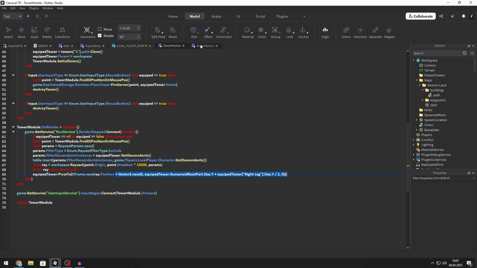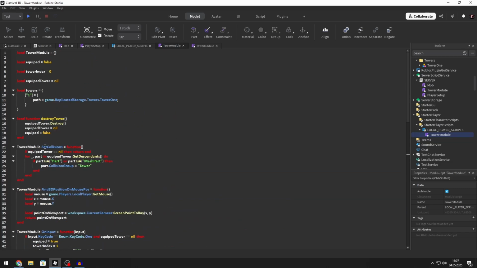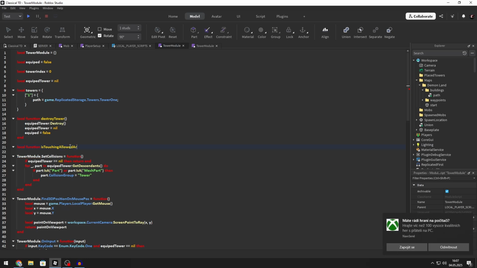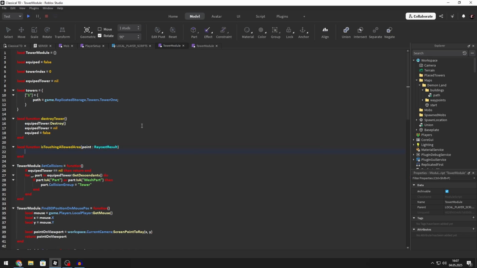Go to where it was, yeah, to the player local, and create another function called local function is touching, how to call it, is touching allowed area. So it will require the point, which is array. Let's do just array cast result. And now